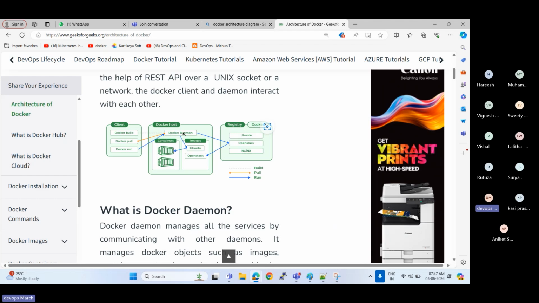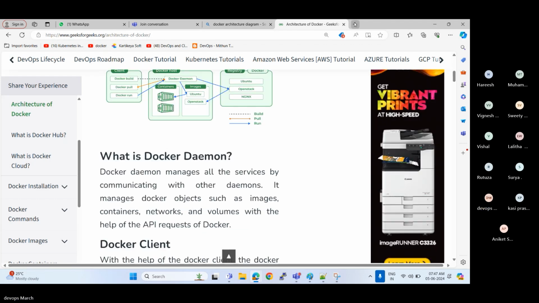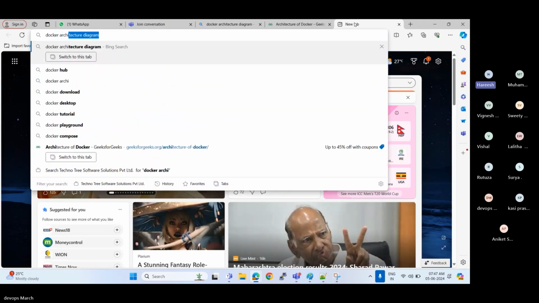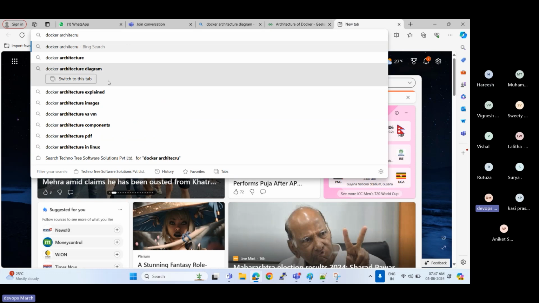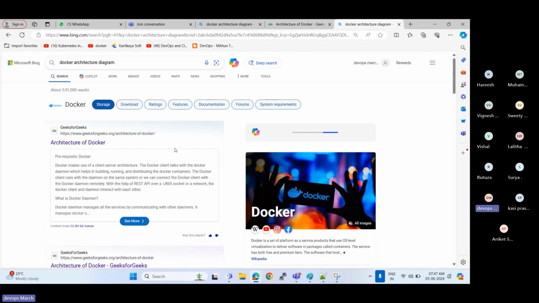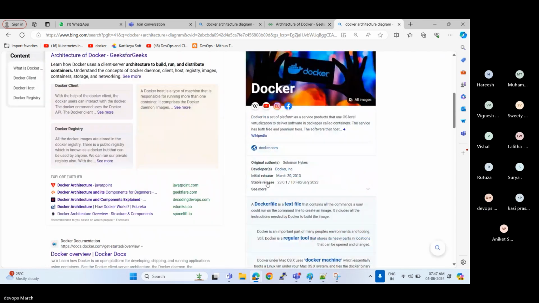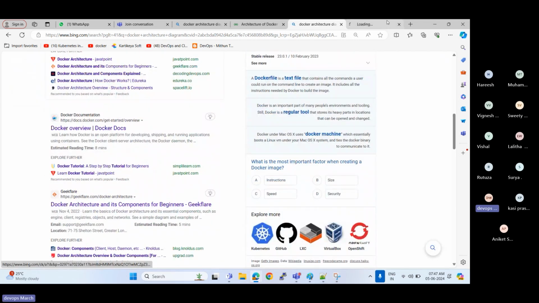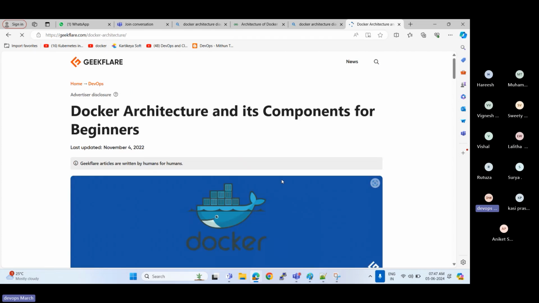The Docker daemon will communicate with the Docker client. That means which command you have run, what needs to be executed, and what output you have to give. This Docker daemon helps you execute your commands. The Docker registry, in the sense, is where we store our Docker images. Which registry is mostly used in real time? Docker Hub registry. But in real time, they also use their own, like Harbor. In my case, I am using Harbor. That is one of the private repositories.